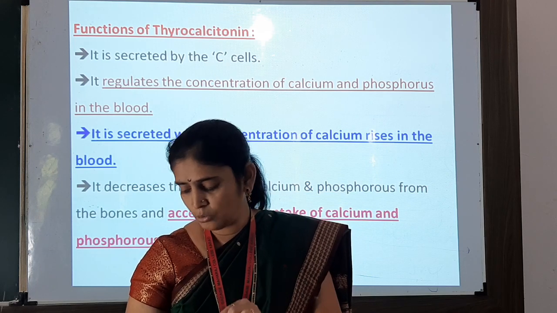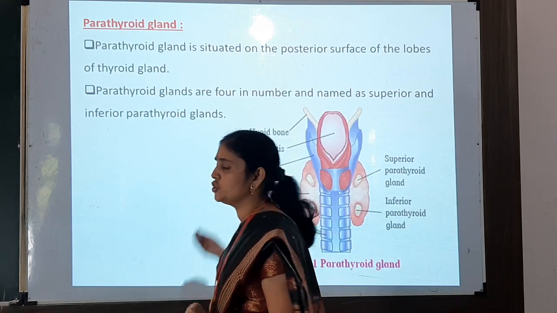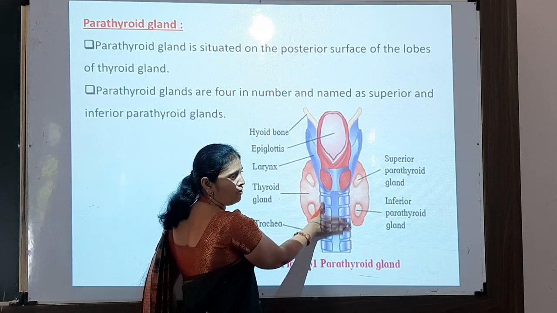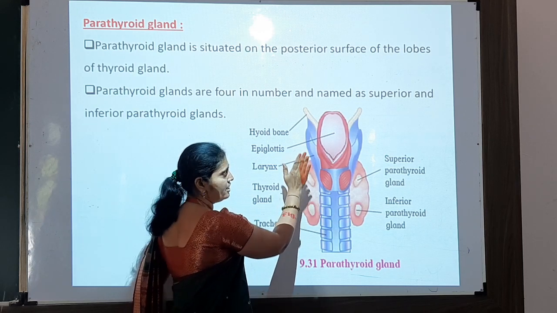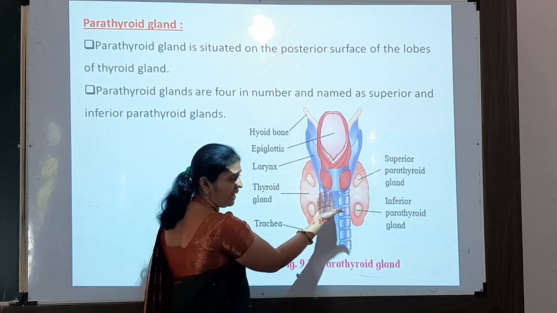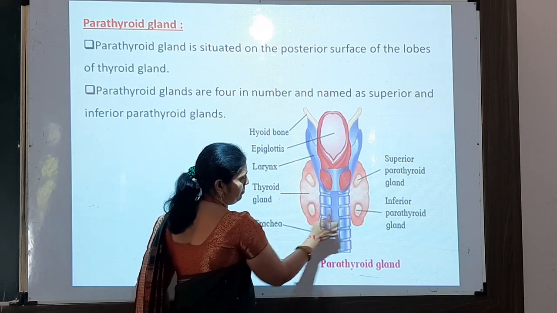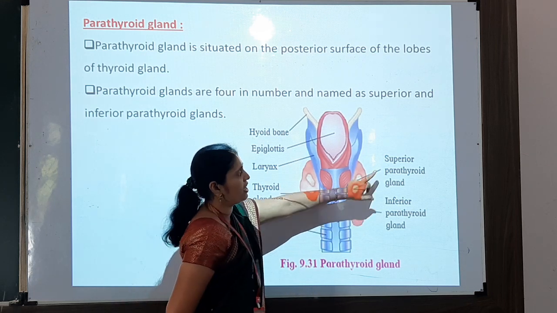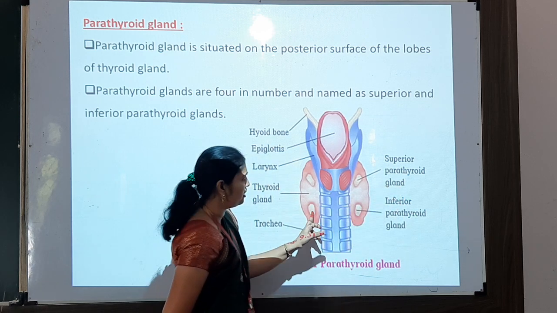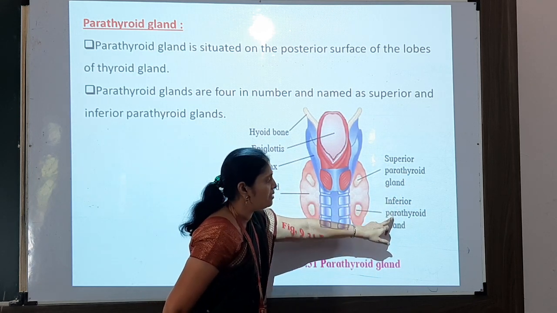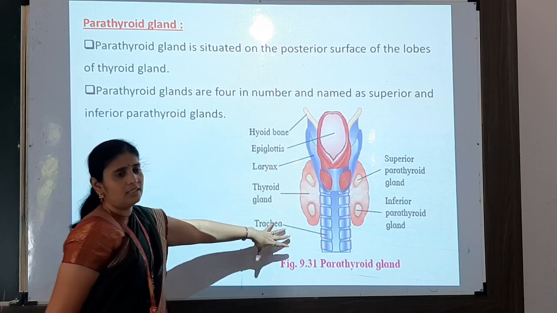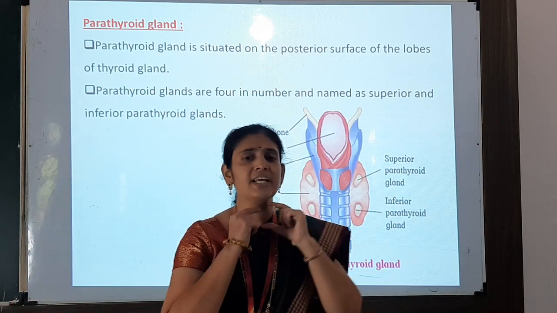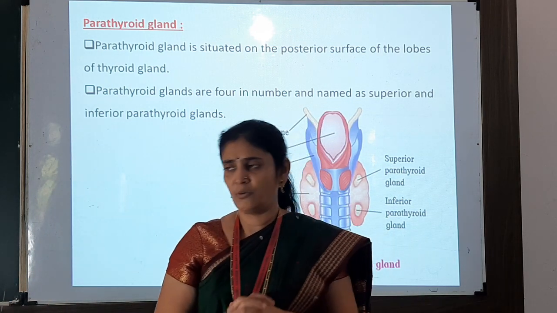Now related to the thyroid gland there is the parathyroid gland. Very short point. This parathyroid gland, here you can see, is at the back side of our thyroid gland. At the front it is the thyroid gland, but if we see the back side of the thyroid gland, there are 4 parathyroid glands. 2 are upper and 2 are lower. The upper ones are called superior parathyroid glands and the lower ones are called inferior parathyroid glands. So these are present behind the thyroid gland. There are 4 parathyroid glands present in our neck region, at the back side of our neck.